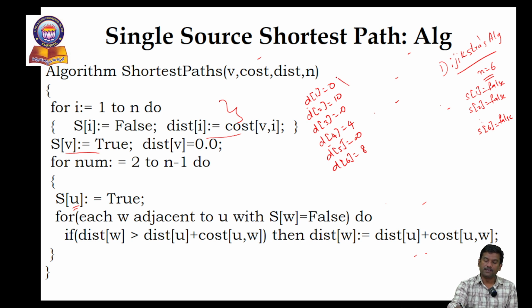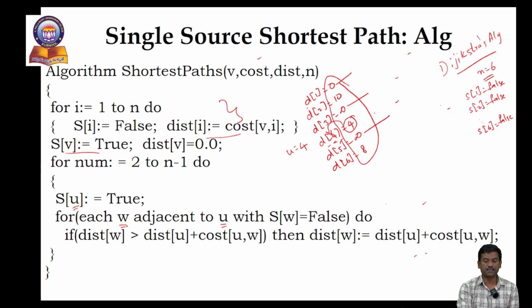And among these values, you can exclude 0 because distance of 1 is the source vertex, and you can also exclude the infinity values which are present. And from the remaining values, that is 10, 4 and 8, what is the minimum? Minimum is equal to 4. And what is its respective vertex? That is 4. And that is how you take the value of your u to be equal to 4. And from the fourth vertex onwards,